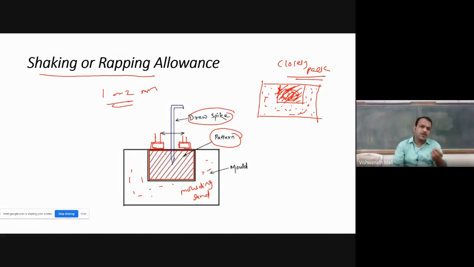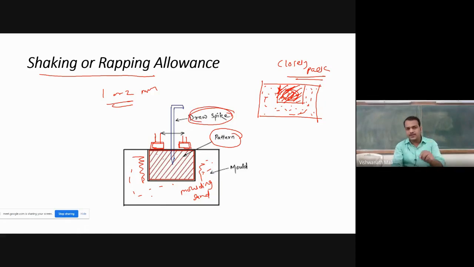A simple example you can take is ice cream. When we prepare the ice cream in a cup and it gets cold and converted to ice, we cannot remove it easily. What we do is heat it somewhat by pressing it by hand, or allow some time to melt it, and then we remove it. Suddenly we cannot remove it. We need to loosen it from the pattern, the cup. The same case is here. When it is closely packed with the sand, it cannot be removed, so we need to hammer it and then remove it.